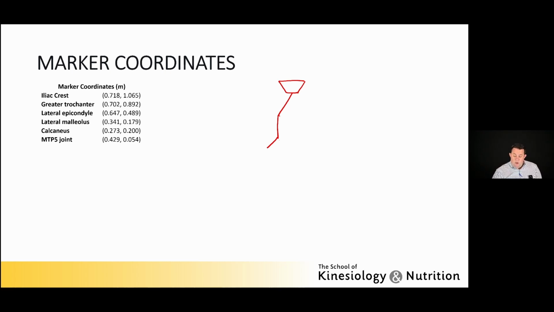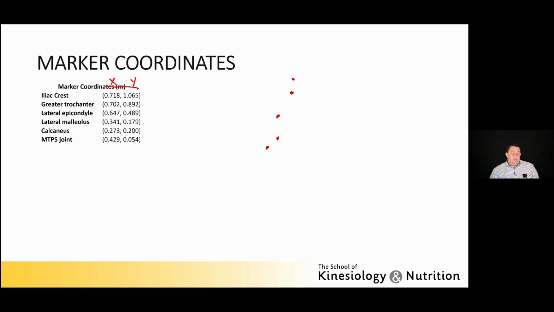And what we're saying is that we're going to put a marker here on the iliac crest. We're going to put a marker here on the greater trochanter. We're going to put a marker here, right, on the lateral epicondyle, the lateral malleolus, and then on the side of your foot, to be able to then calculate those segmental lengths. Now remember though that in the lab we don't have any of these segments. All we get are these marker coordinates, and that's what's demonstrated right here. We have x and y coordinates, two-dimensional coordinates for where those markers are.